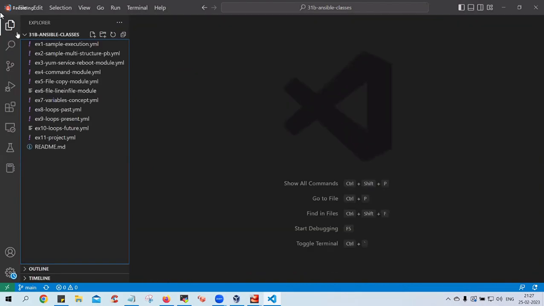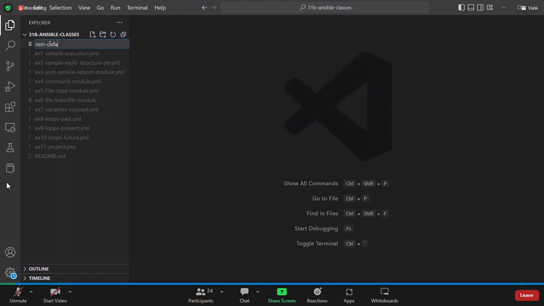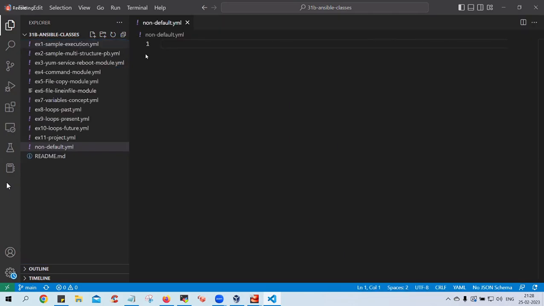I'm creating one more file. I know that I'm in the project folder, so I'll create it now. I'll say example number 12, which is non-default. I'll not write any playbook. I'll just give the name non-default.yml. Here I need to declare my client details. So I'll say client2. The same details I'll write: ansible_host